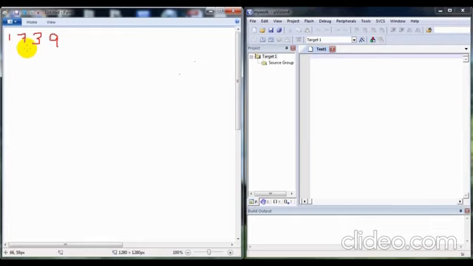Okay, let's check. Here the numbers are 1, 7, 3, 9. We can see that there are 4 numbers, so we have to compare these two, then these two, then these two. That means we take 3 sets of numbers initially.